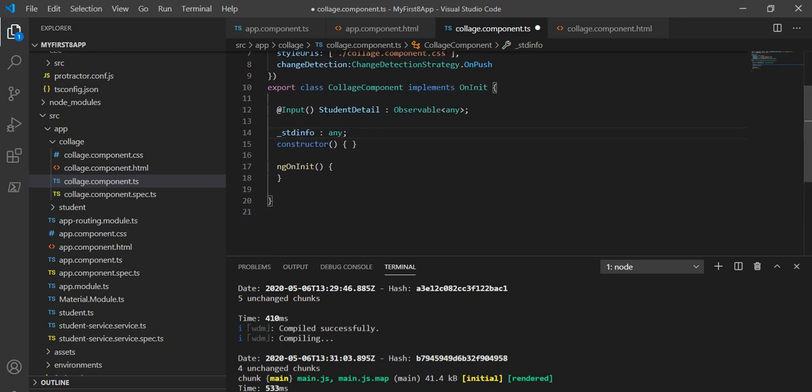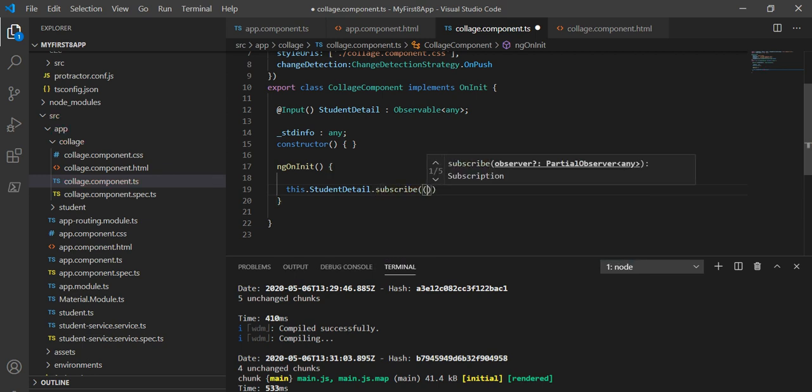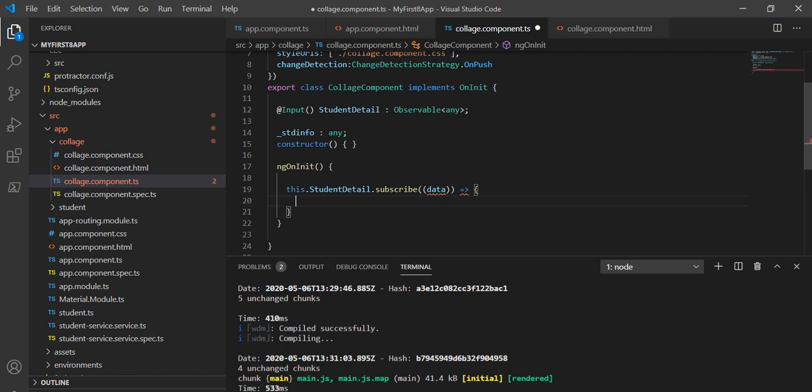Now in ngOnInit, like we have seen, if we are going to use the observable, then we have to subscribe to it to get the data. So let's subscribe: this.studentDetail.subscribe, and we are going to pass this information inside this std info.